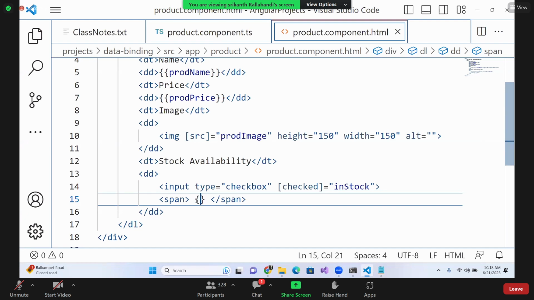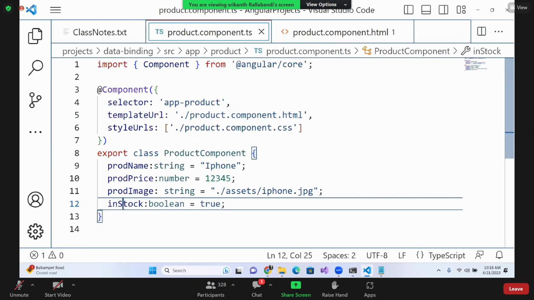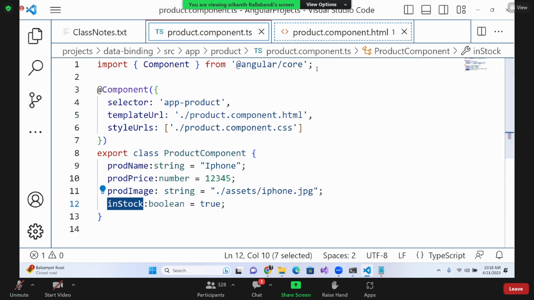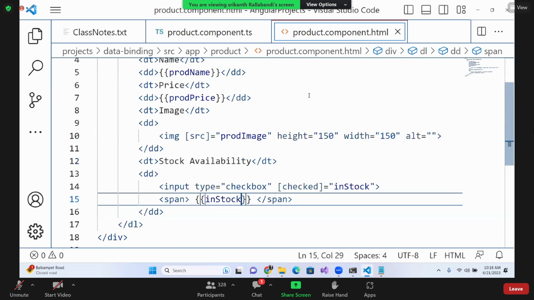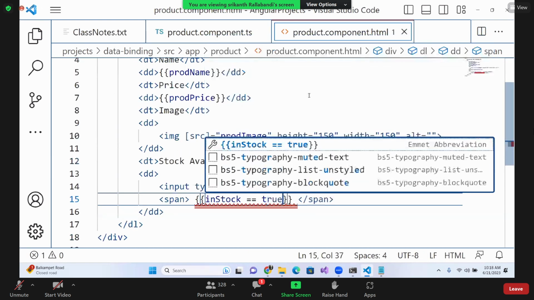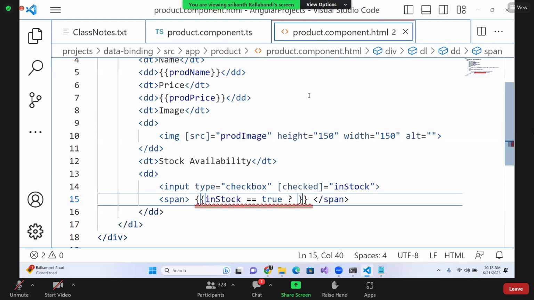Now I want to display based on that. Okay. Now what can I do? In stock, what is the property name? In stock, right? Suppose I write in stock is equal to true. Then what I can do is, I'm going to write something like